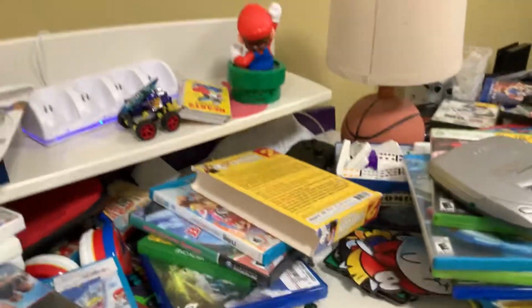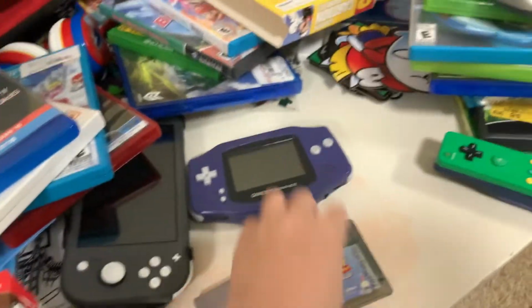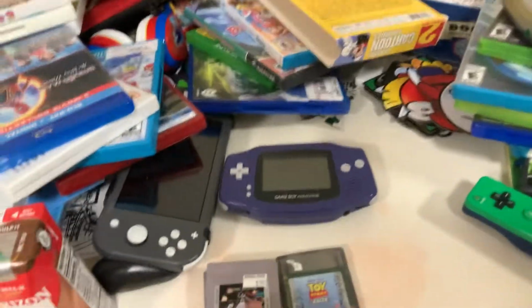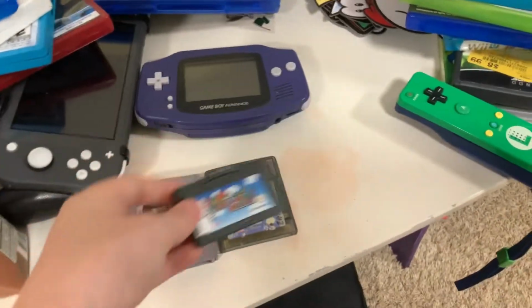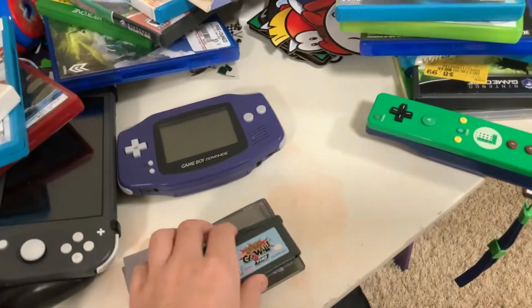So here are the games I'll be testing. Iron Man for the Game Boy, Toy Story Racer for the Game Boy Color, Bionic Battler for the original Game Boy, Super Mario Advance for the Game Boy Advance, Rugrats Go Wild for the Game Boy Advance,